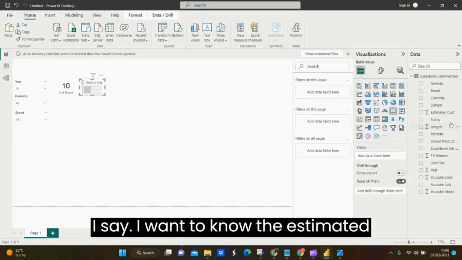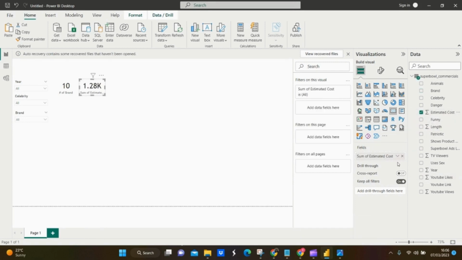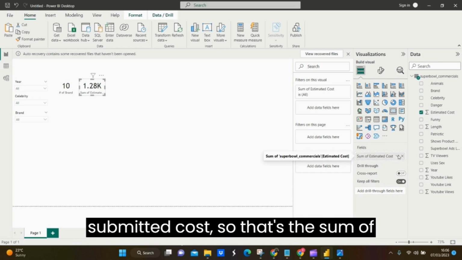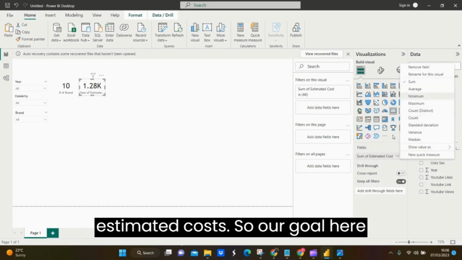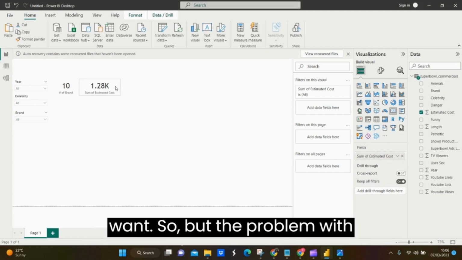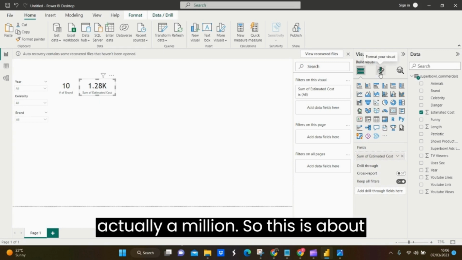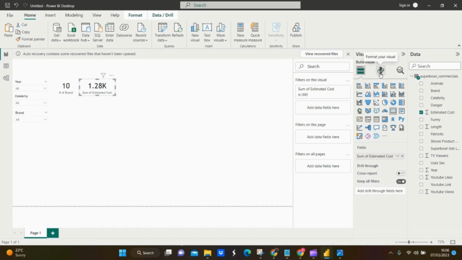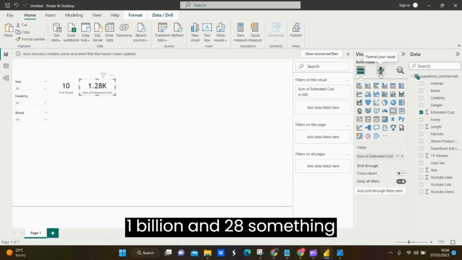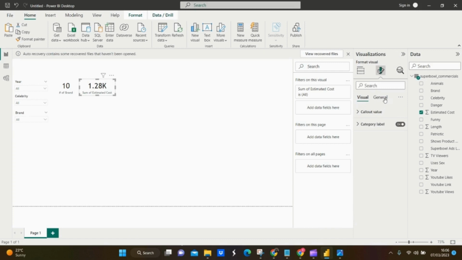I say I want to know the total estimated cost. So that's the sum of estimated costs. I'll go here. It's already in sum, which is what I want. But the problem with this is that this is actually in millions. So this is about 1,028 something million. So what I'll do, I don't want